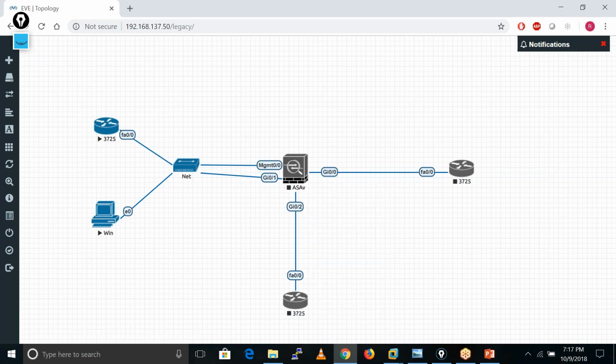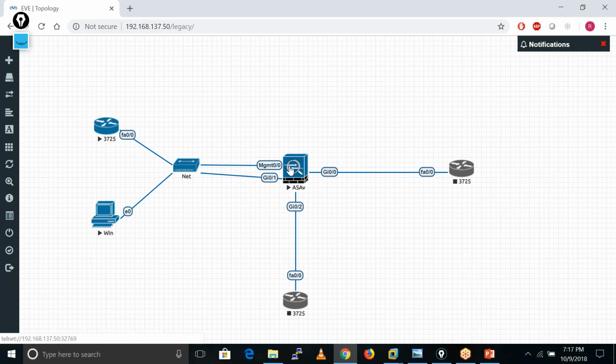Now we will see actually how we can configure SSH, how we can configure telnet, and how we can configure the IP address on the management interface and on these other interfaces as well. After that, we will test everything from this host.